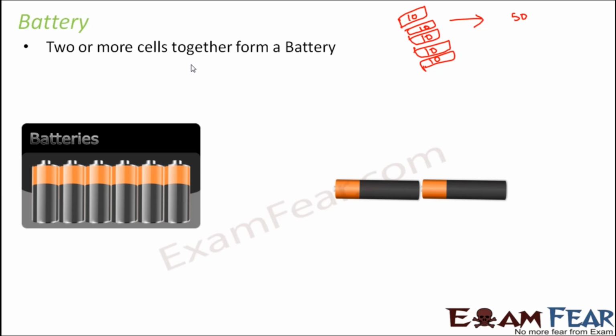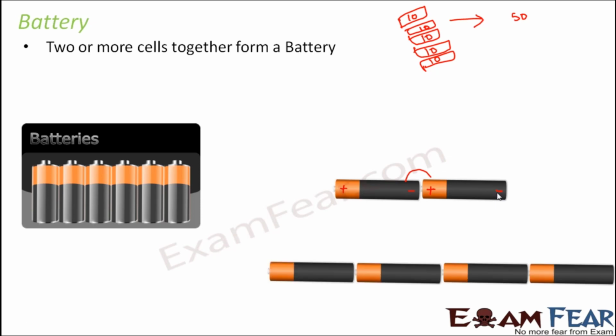So how are the cells connected to form a battery? It is always ensured that the positive terminal of one cell is connected to the negative terminal of the other cell, and so on. So that's how the cells need to be connected. We always need to make sure that the positive terminal of one cell is connected to the negative terminal of the other cell. In this way we can connect two or more cells together